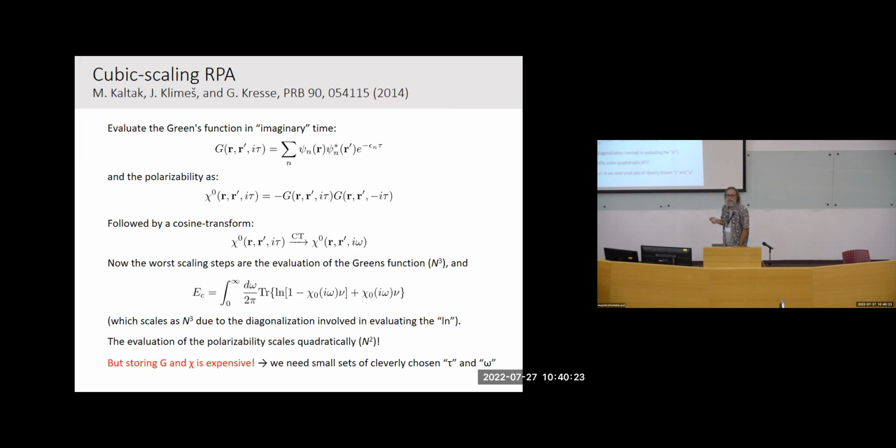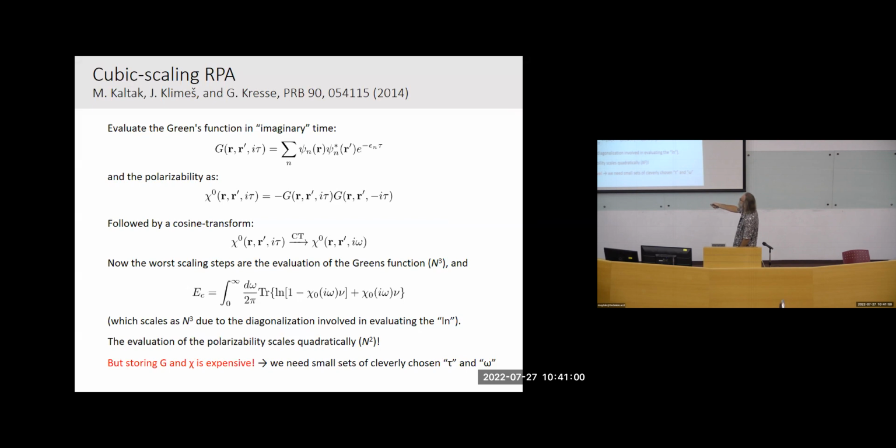So in the formulation of Adler and Wiser, this would scale with N to the power 4, and what we have here scales with N to the power 2. So our most expensive step becomes much less expensive in terms of scaling with respect to system size. So we follow this by a cosine transform from imaginary time to imaginary frequency,